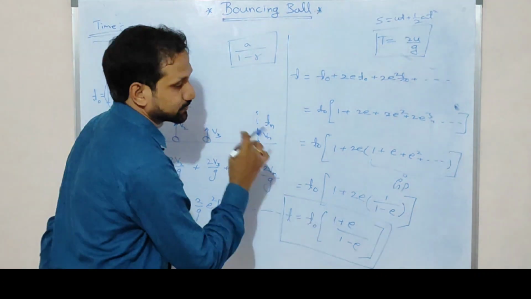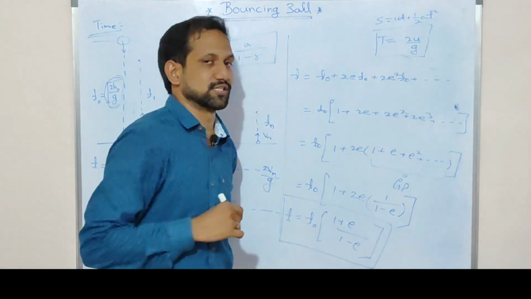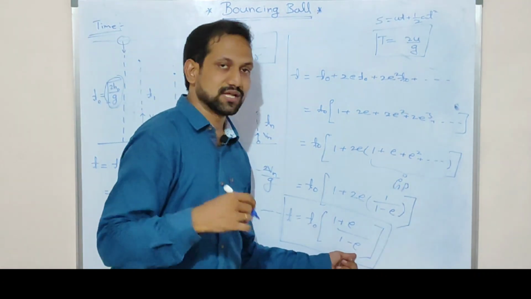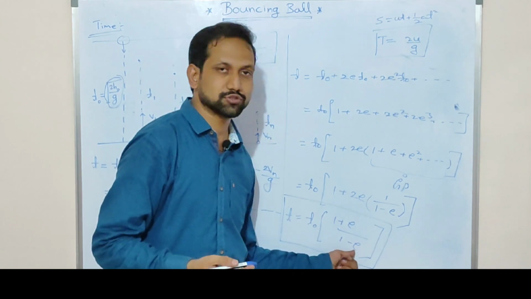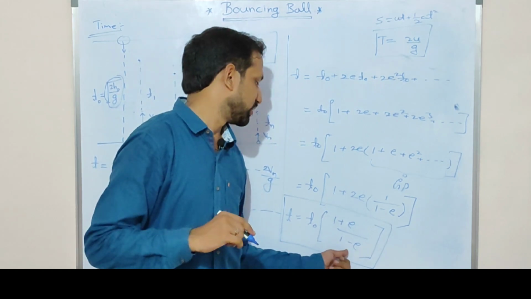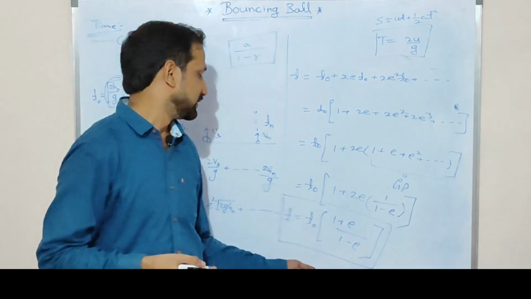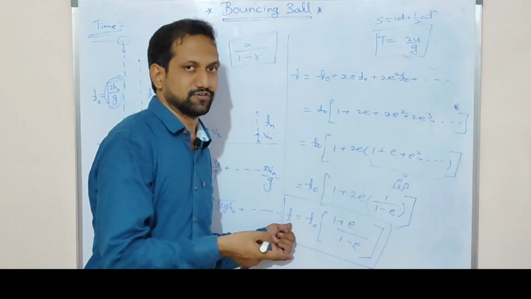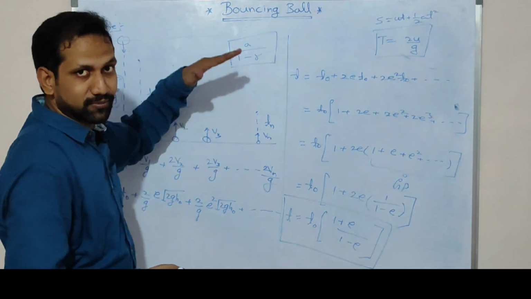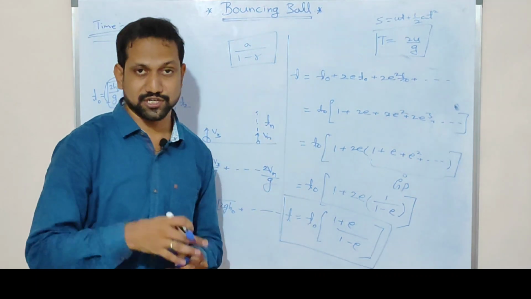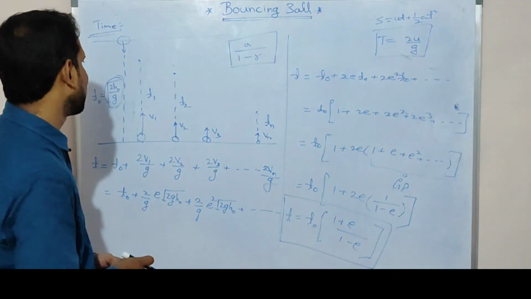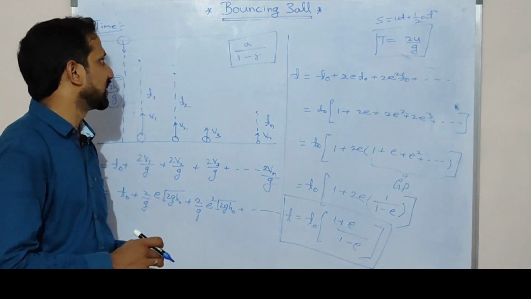You should substitute here. And here one special case is there: if the collision is elastic, then e equals 1. Then 1 minus 1 will be 0, and something by 0 will be infinity. So the time is going to be infinity, which means for infinite time it will keep oscillating, which I told you already in the previous case. I hope you got the clarity. And next